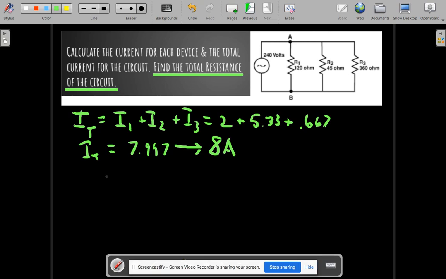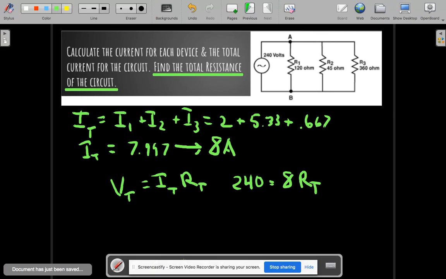So if we look here, using the same formula again, we're going to use our total voltage is equal to our total current, and now we're looking for our total resistance. So if we plug these in, we got 240 equals our total current, which was 8, times our total resistance. To solve for our total, we're going to divide both sides by 8. So we get R total equals 240 divided by 8, which is 30